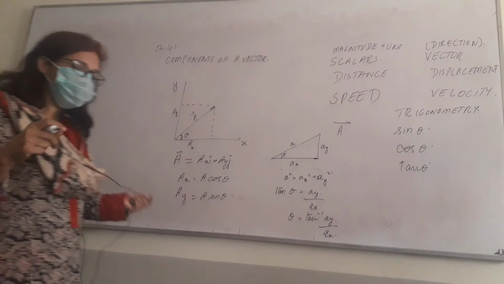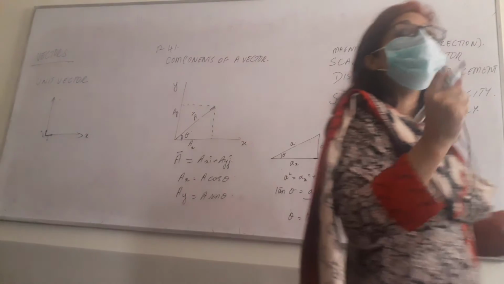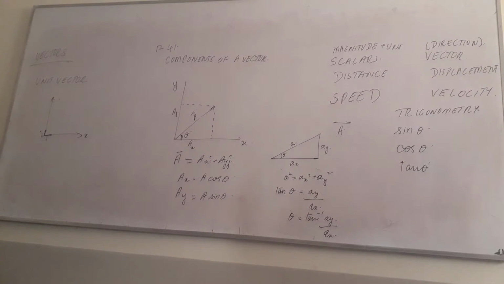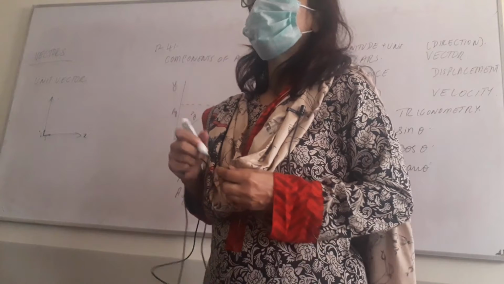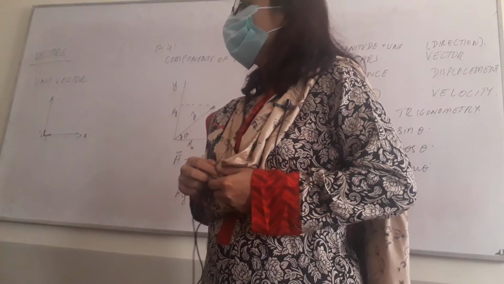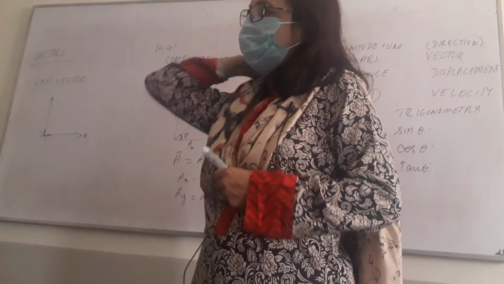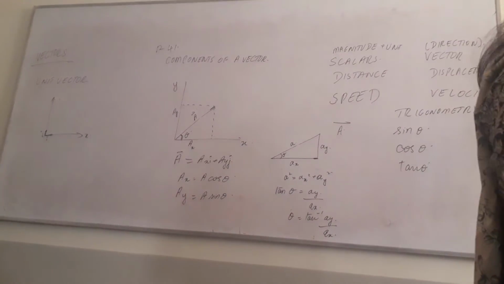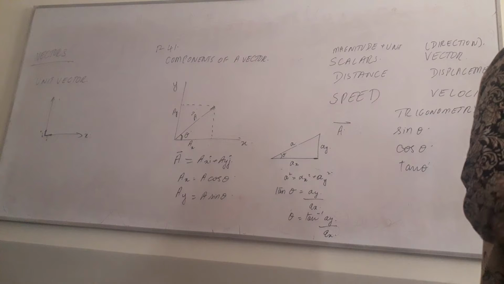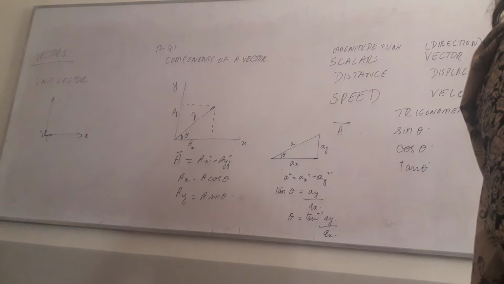So a unit vector is a concept in which we take a vector of unit length, which means the length is 1 but it defines a certain direction. So it is used in order to represent the direction basically. If you multiply it by a vector, you are not changing the magnitude, you are only changing the direction.